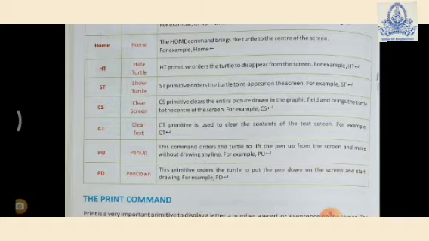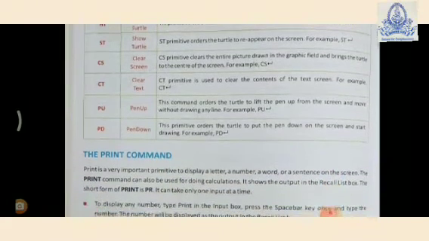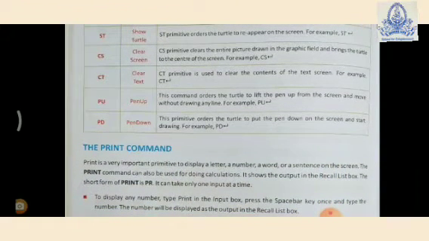Whatever figures and diagrams are there on your screen are going to be erased by using the CS command. And CT means clear text. Whatever text is there on your screen is going to be erased. Pen up and pen down, that is PU and PD, you can better understand in the coming lectures.